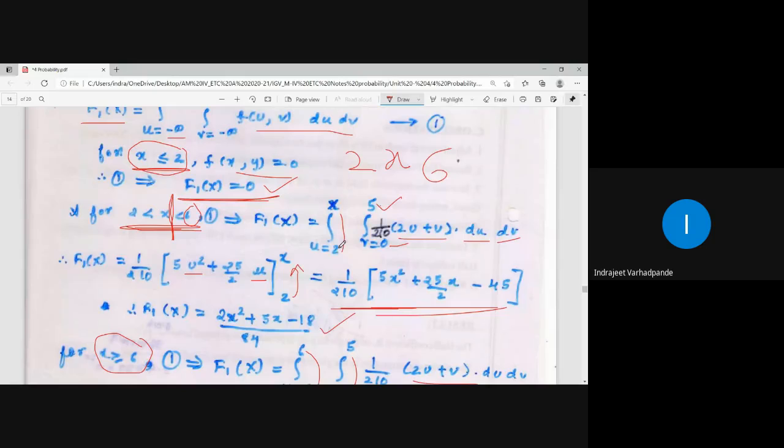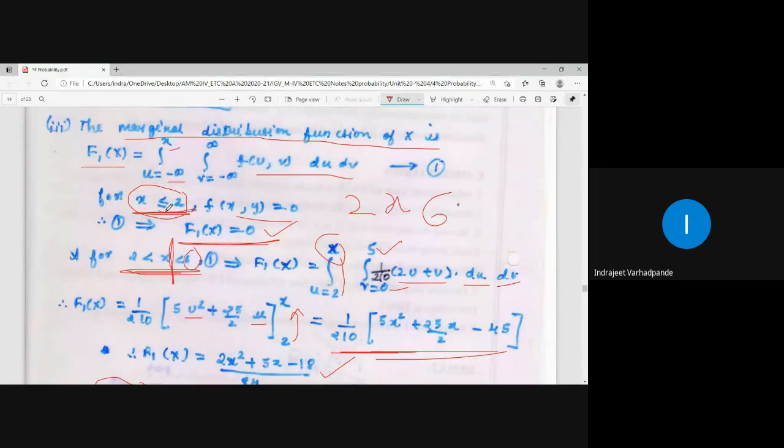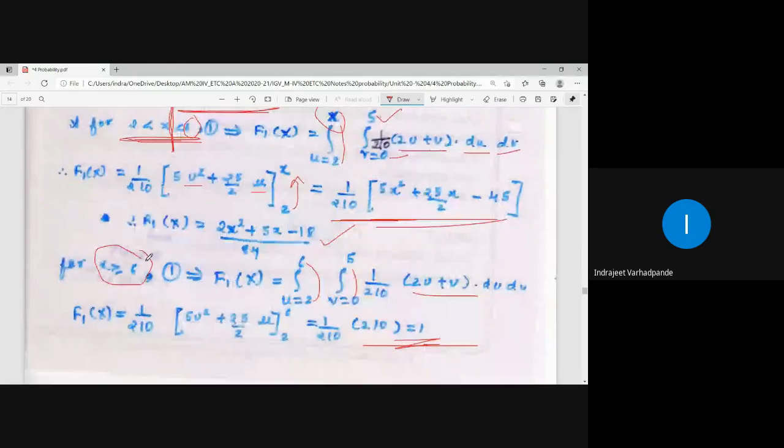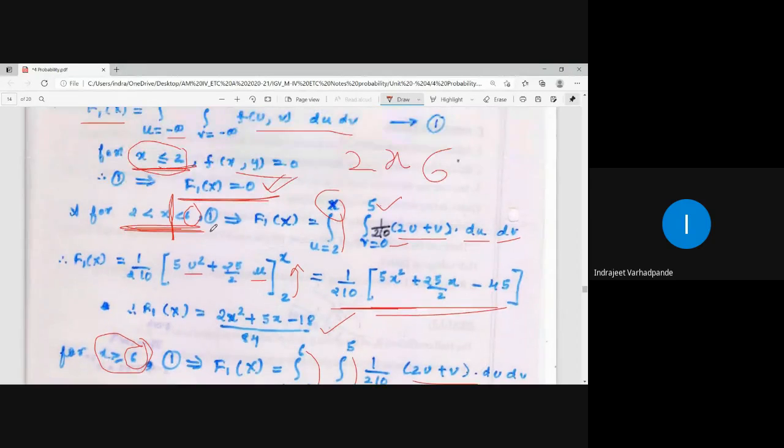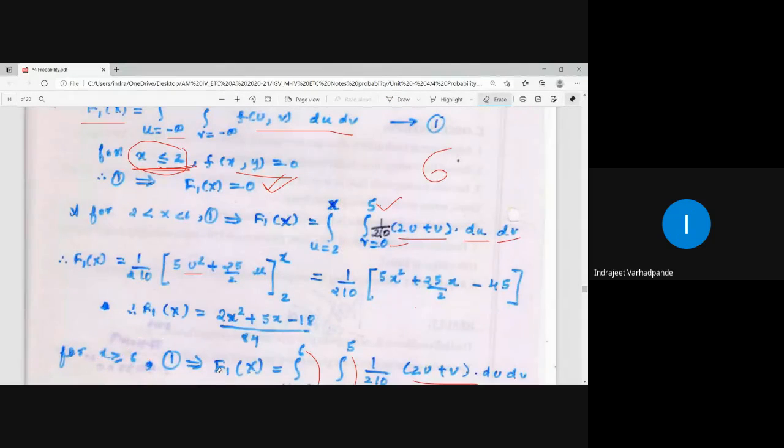क्या करना है? Only integrate between the limits of x but up to x, not up to the upper bound, and for v the complete range whatever of the integration is given to you. So read the question minutely. If for the distribution function it is less than 2 before the starting range, blindly write the distribution function as 0. If the distribution function is beyond the range, it will be surely 1, and in between the range it will be giving you answer in the form of x, which is to be obtained with the help of the integration.